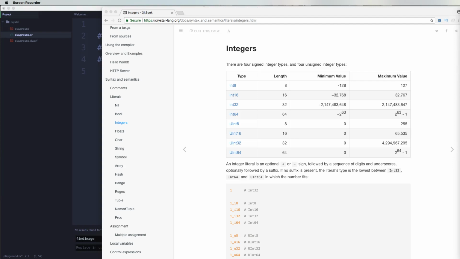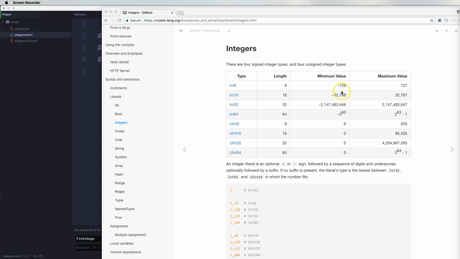All right, guys. So basically, Crystal is a statically typed language where you can actually check the types of a variable. You could check the types of different number types, integer or string. You could go in and check all of them, right? And you could be even more specific. You could say, I want this to be an integer of 8, integer 16, integer 32, integer 64, or an unsigned 8, which means